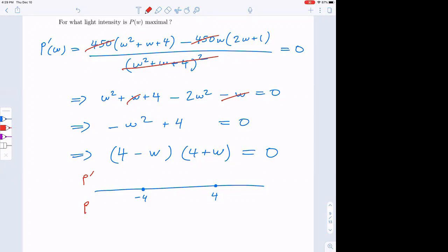Oh yeah, 2. Thank you. That's my mistake. It should be 2. I forgot to take the square root there. Okay, so when we plug in these values, correct that to 2 and minus 2,